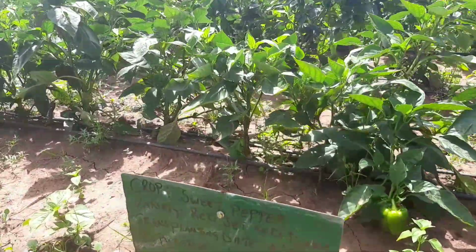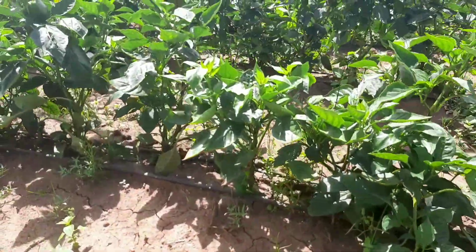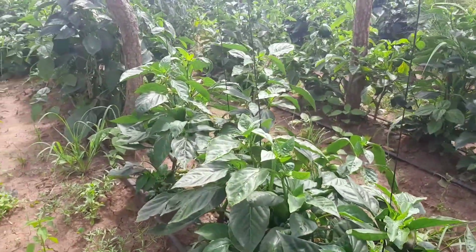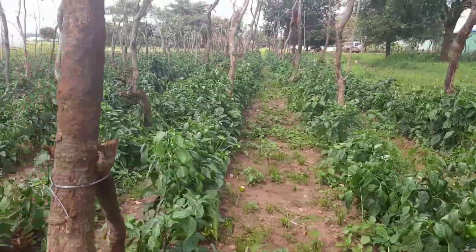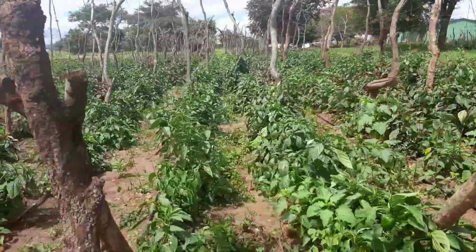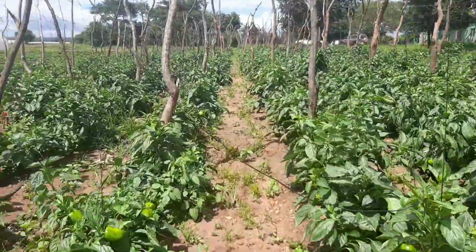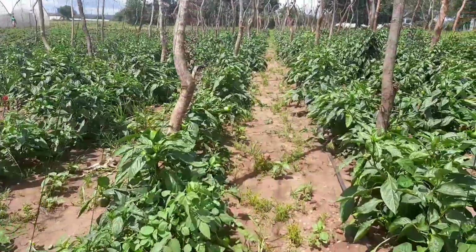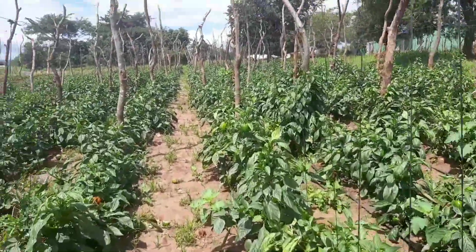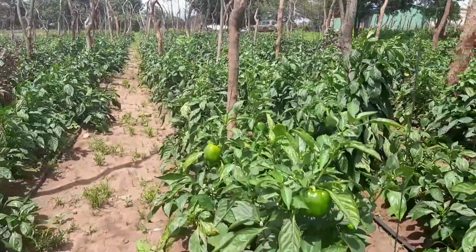Then we have this one. This one was transplanted on 4th of December 2020. So let's just take a look at how it's doing at the moment. So this is the open field sweet pepper. This one seemed to have actually survived the rains, and we have slightly much better performance from this field. Some sizable fruits, and so very soon we're just going to make sure that